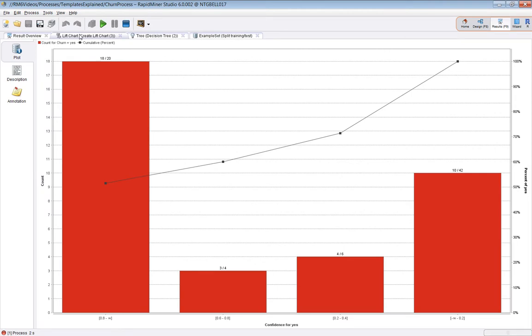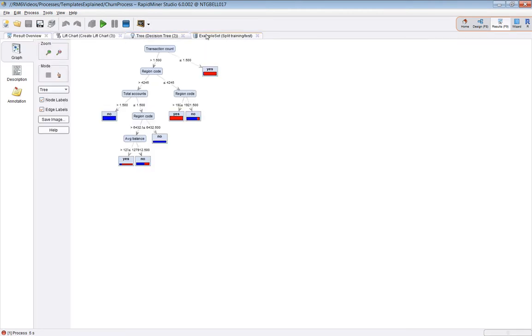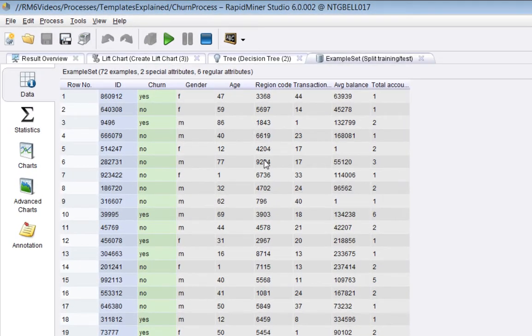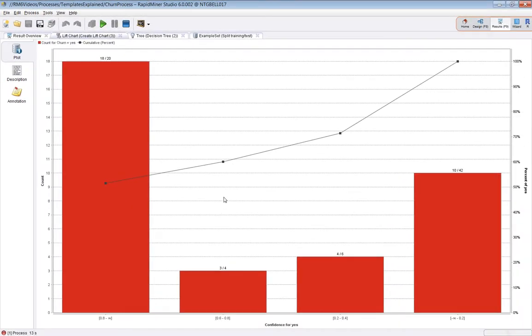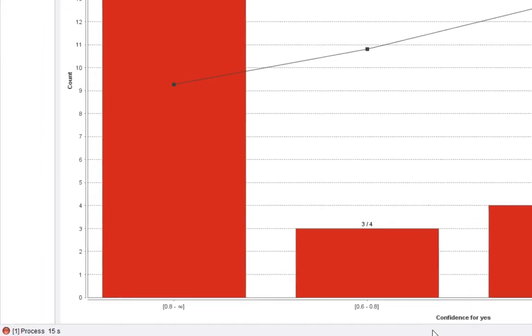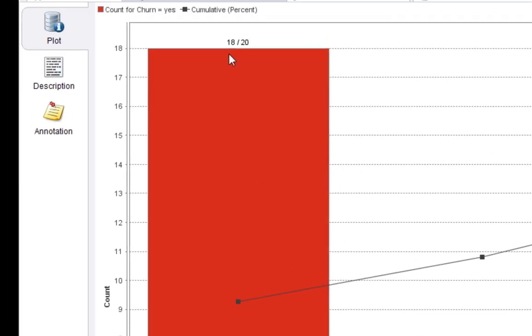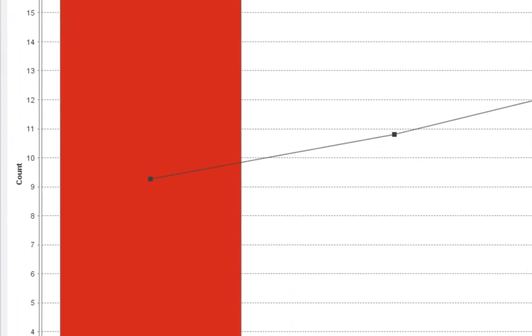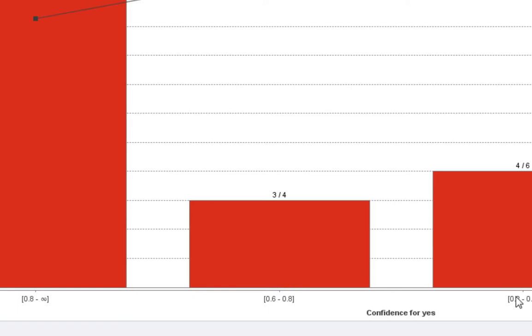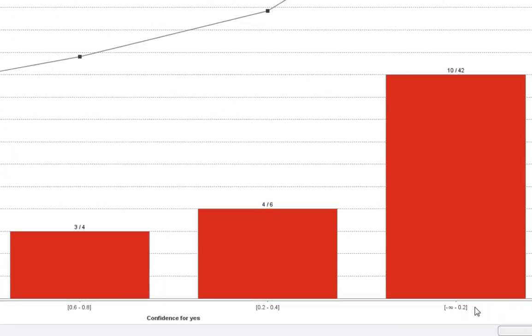So here's the lift chart. Before we look at that in detail, here's the decision tree, here's the example set, and this is the 40% of the training sample. The lift chart is basically saying that when the confidence that the decision tree model has is between 0.8 and 1, then 18 out of the 20 churns were predicted correctly, and between 0.6 and 0.8, 0.4 and 0.6, 0.2 and 0.4, and 0 and 0.2, you can see there are